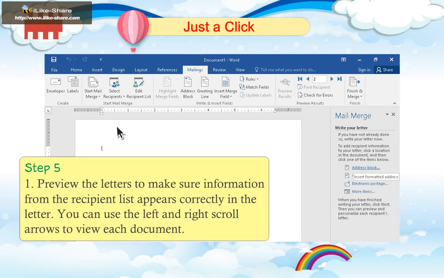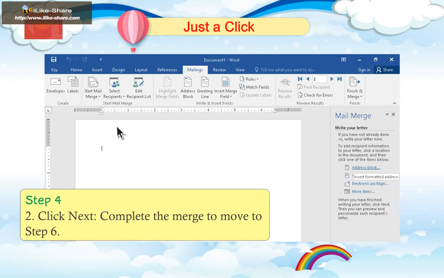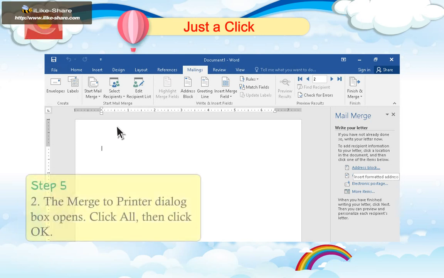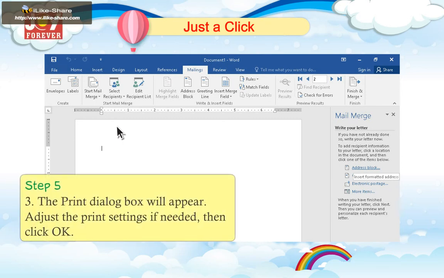Step 5. 1. Preview the letters to make sure information from the recipient list appears correctly in the letter. You can use the left and right scroll arrows to view each document. 2. Click Next: Complete the merge to move to step 6. Step 6. 1. Click Print to print the letters. 2. The Merge to Printer dialog box opens. Click All, then click OK. 3. The Print dialog box will appear. Adjust the print settings if needed, then click